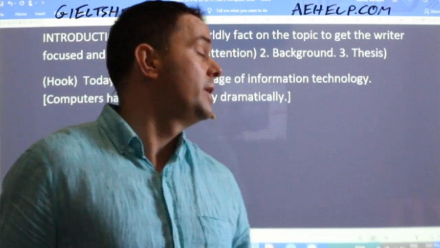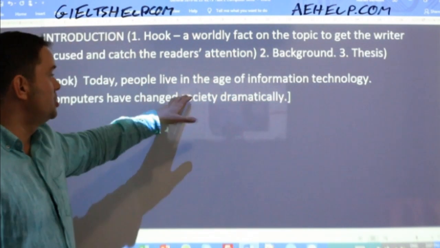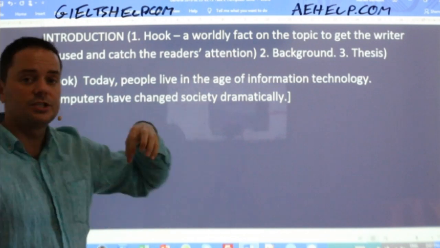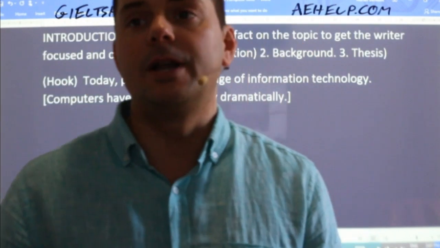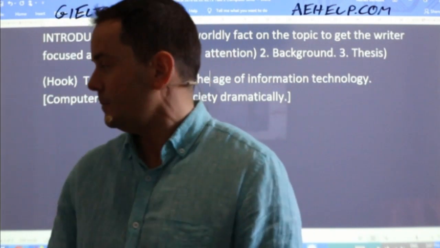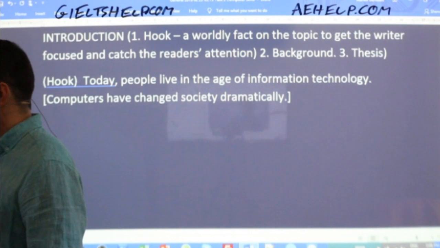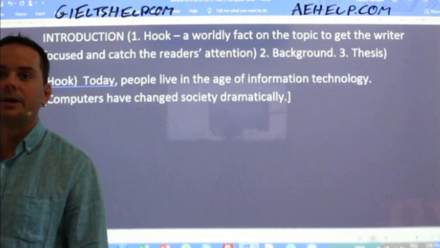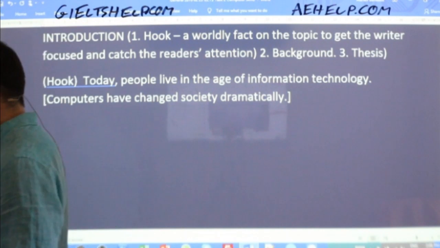Immediately, it's showing lexical resource to the examiner, information technology, age of information technology. It's showing clarity on the question. It's grabbing the reader's attention. It's got you focused on the right idea, okay? So that's all you need, all right? And that's what I would go with, Begzod. Thanks for approving. That's what I would go with if I wanted that part in there, okay? All right, good. So now we write about the background.